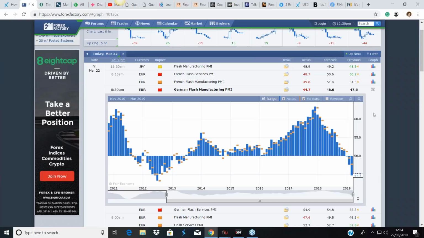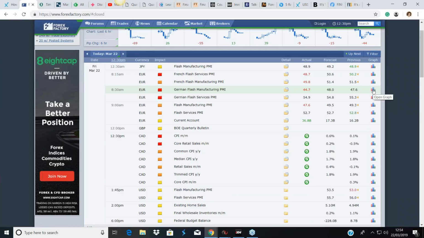So when a number like that comes in, the market gets very, very nervous. And also you have to remember, last week we had the ECB. The ECB are pretty much at the point where there's not much more they can do to stimulate demand. Where is this demand coming from? If your economy is so heavily dependent on exports, what are you going to do? And being such a huge part of the global economy, things are not looking very clever for Germany.